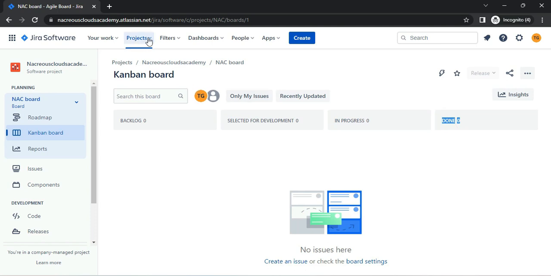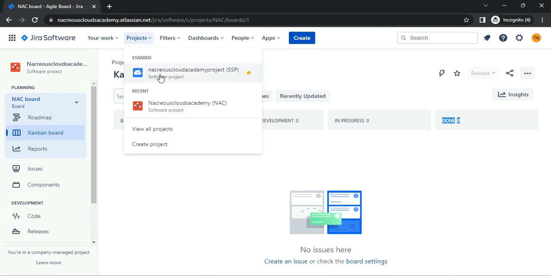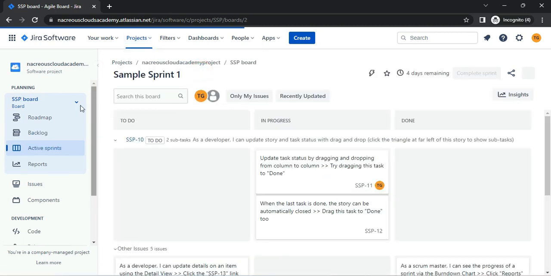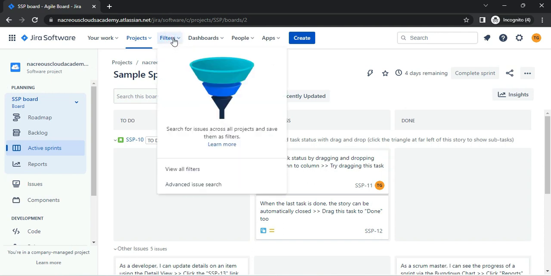In order to demonstrate the JIRA board, I have created a sample board with sample data, which looks something like this. We will be using this sample project to understand various tabs in JIRA board in this video. The third tab is a Filters tab, which will allow you to search for issues across all projects and save